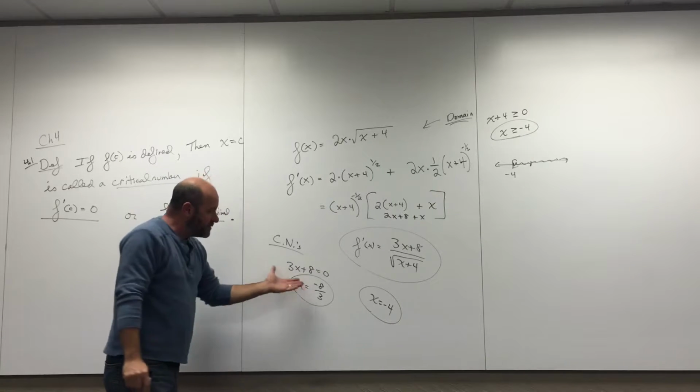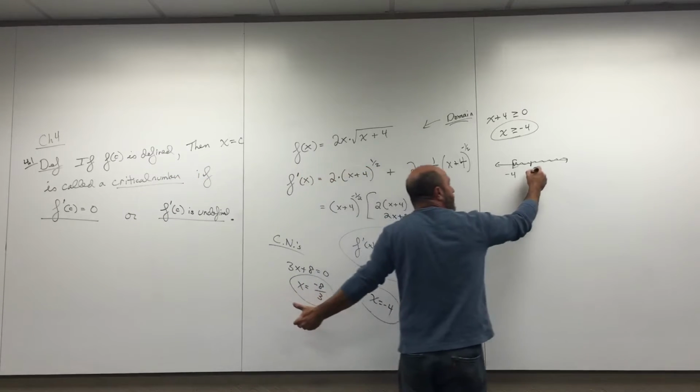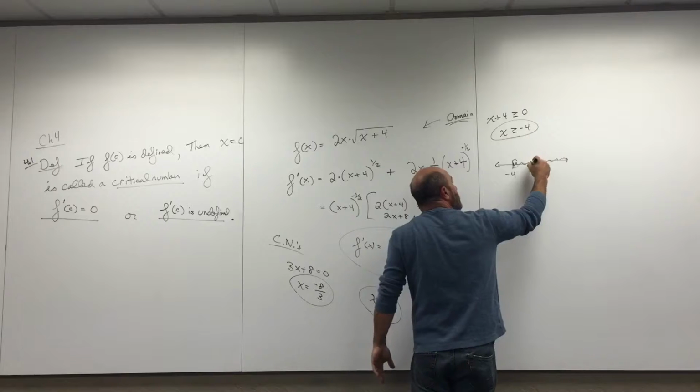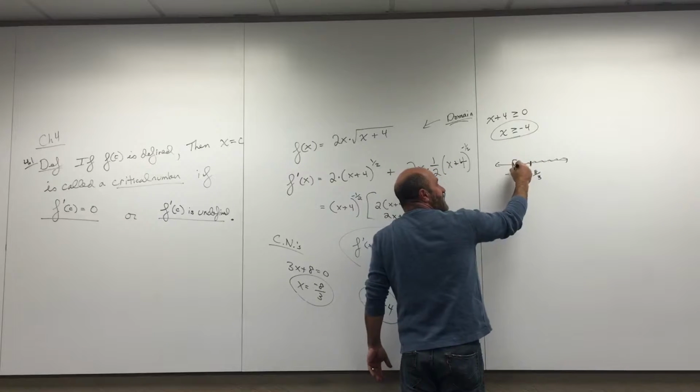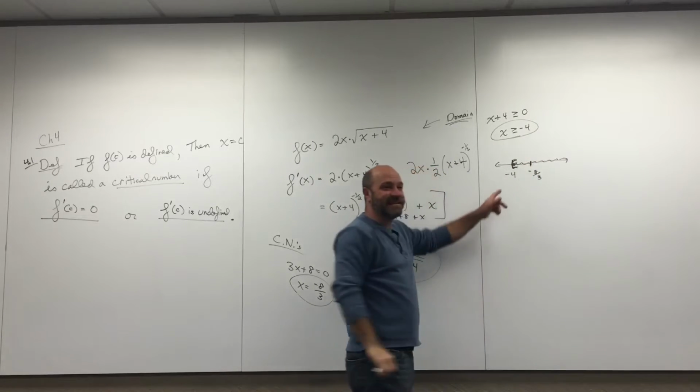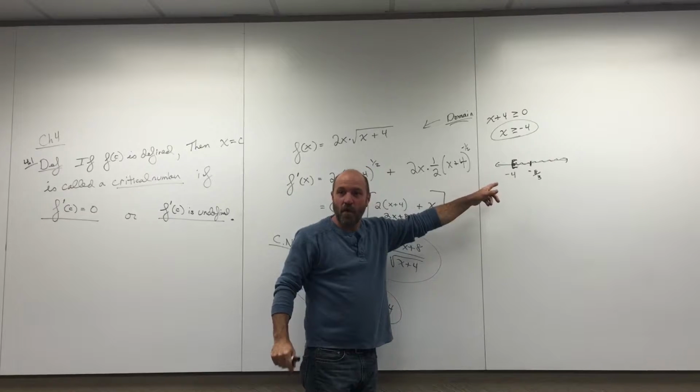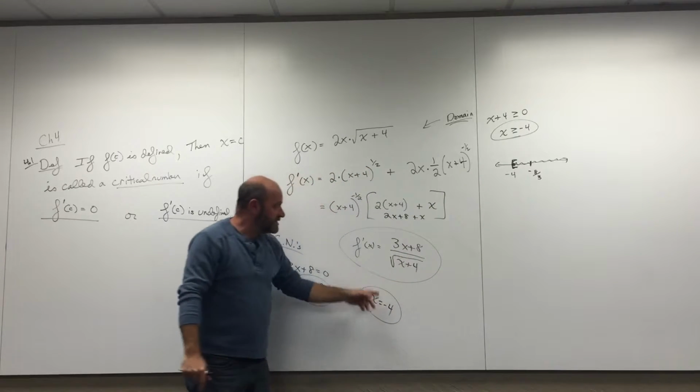It's funny, one of them is a good critical number here, negative 8/3. The other one is kind of right here. It's an endpoint. You know what I mean? It's an endpoint. Oh yeah. Remember, this